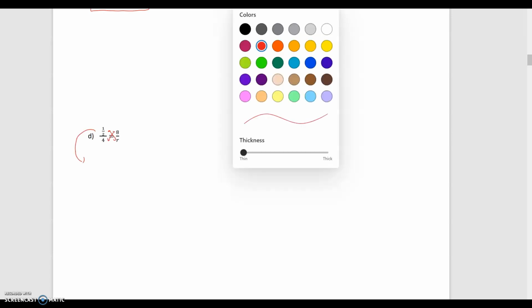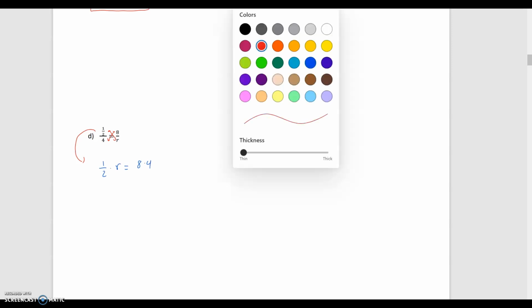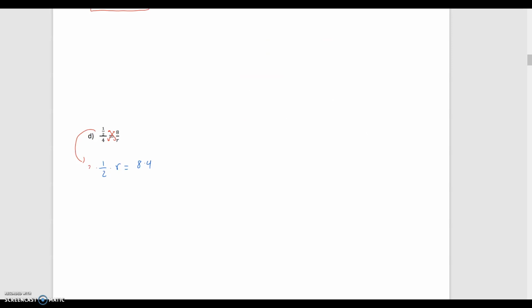And D, yeah, let's use cross multiplication. We do have a fraction there. So I'm going to put the variables on the left. So technically we have 1/2 times r. It's equal to 8 times 4. And then at this point, let's multiply by 2 and by 2. And then that cancels that fraction. So we're left with